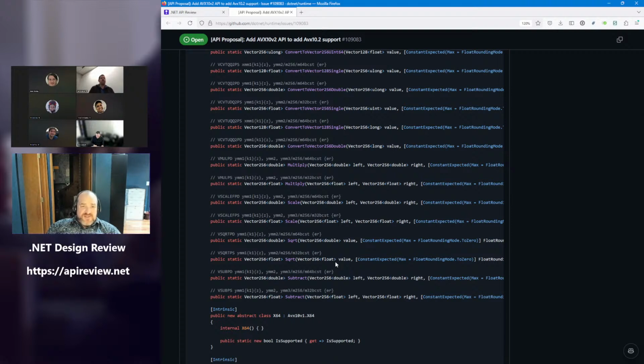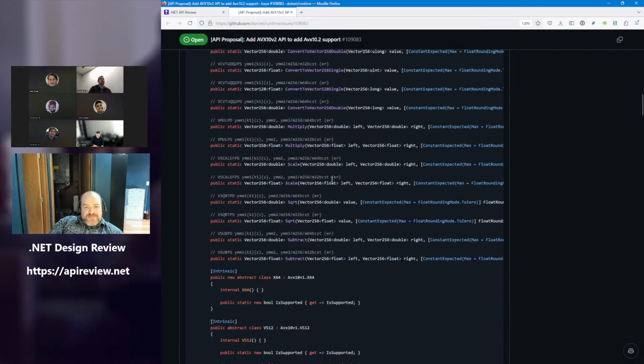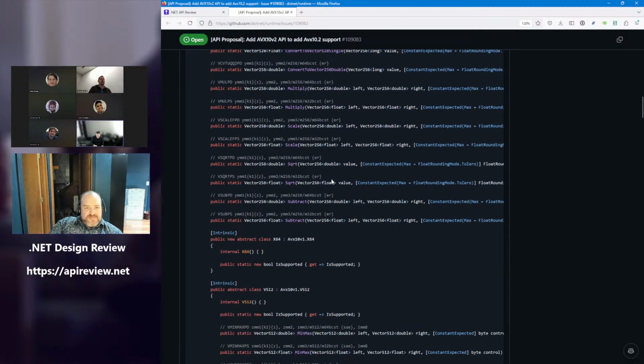And then I assume these multiply and square root instructions existed for other vector sizes, and this ISA is just the size that added this one. Yep, because vector multiply is a thing. Yeah, and that's why you don't see a sqrt 128 here. Right, because we already have square root of 128.